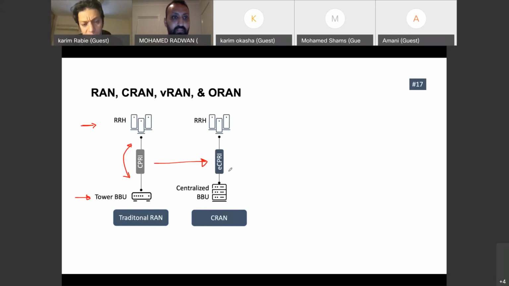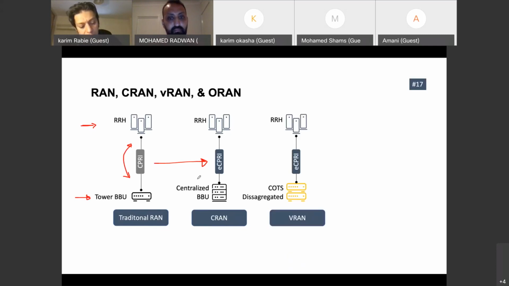Okay, so the eCPRI was an evolution of the CPRI. I think it was released in 2017, and you can just search for CPRI specifications. You'll find an entity called CPRI that includes many vendors doing specifications for CPRI and eCPRI. So that was the cRAN, centralized and cloud. And then we are in a phase where we said, okay, we have a Cloud RAN, so why can't we do it like a vRAN, a real vRAN?